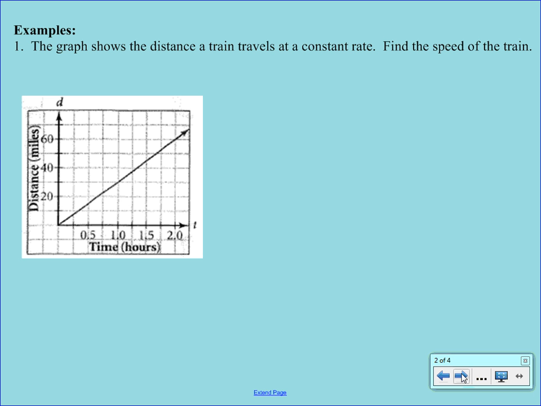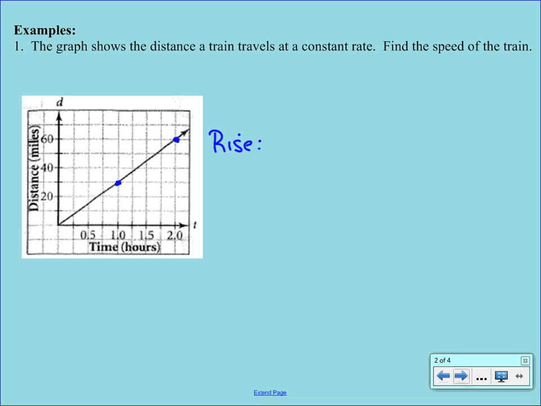So our first example here is showing the distance that a train travels at a constant rate. On the y-axis, we have distance in miles, and on the x-axis, we have time in hours. So the first thing we want to do is just locate two nice points. And we could probably just use 0, 0 as well, or we could go up there. So there's a couple of nice points. So the first thing we're going to do is just write down the rise and the run. So I'm going to count from that first point,